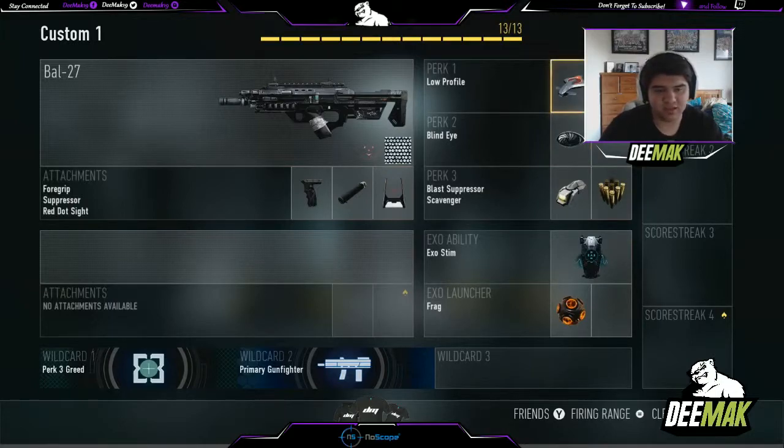Now, as my perks, I tend to use a lot of low profile, blind eye, blast suppressor, and scavenger. I find that blast suppressor and scavenger are a must on any class, or at least blast suppressor, especially if you're one of those people that like to play it quiet. And the amount of movement that you do with the exosuits and the exosuit abilities is second to none. If you don't use it, then you're not getting a lot of kills in game, and if you find that you're not using the abilities, that will more than be the reason. It's not directly the abilities, like the exo stim or the overclock. It tends to be your movement,